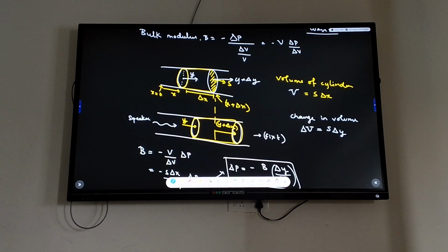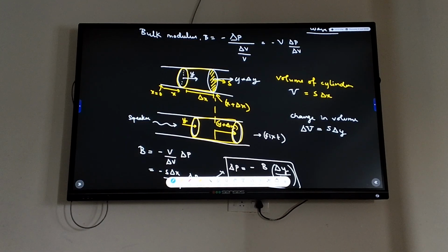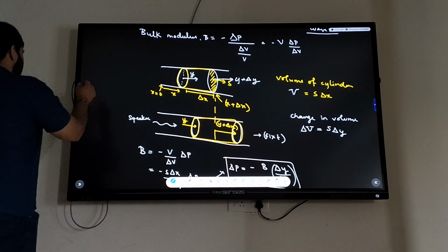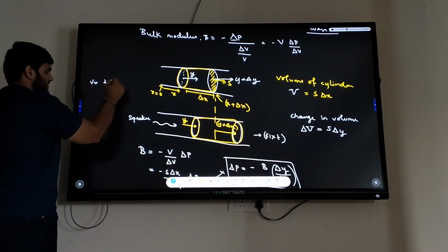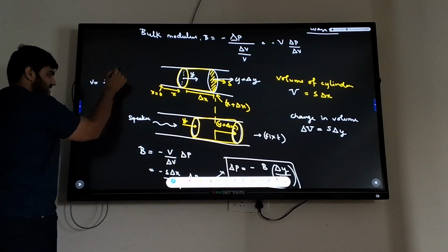You go here, V equal to S. Safe, yeah. So we again took the same change in the volume and again into S. Change in volume, no. This is length into area. Length into area is volume, na beta? Length of the cylinder times area. That's volume, na? Volume of cylinder is 2 by 3 pi r square h. Achha bete. Volume of cylinder he is saying is 2 pi r square h. Something like that you are saying, beta? 2 by 3